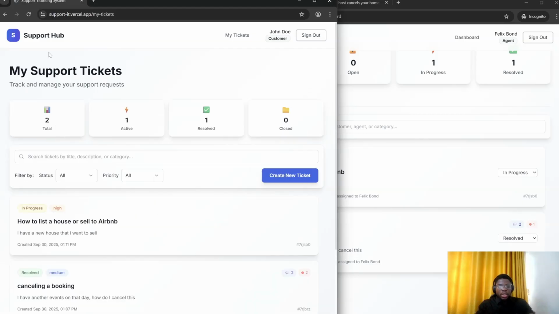So we could see this flow and how this would help fix a lot of things in regards to tickets and the support system, and now this works. So yeah, this is mostly